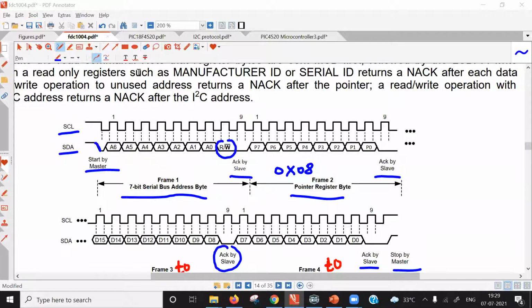How to generate 4 square waves of various frequency, and at the same time how to interface ADC to PIC. If you want to interface an ADC having I2C protocol, the code which I am discussing today, you can use. However, the ADCs which are available online, their on-chip SFRs will have different addresses. There will be different configuration registers. So you need to go through the datasheet of such ADC which is available in the market, identify its slave address, study on-chip SFRs, and use them in your program.